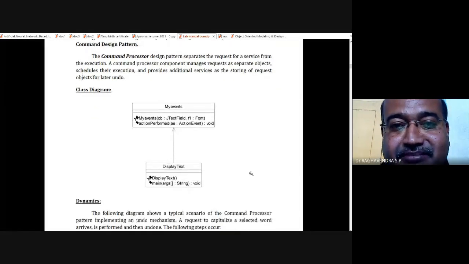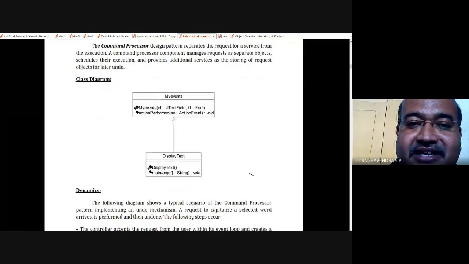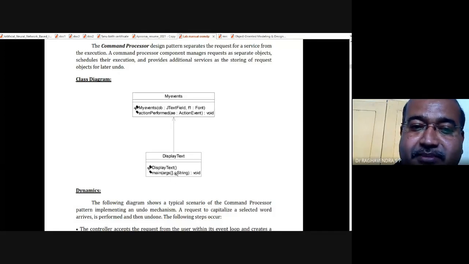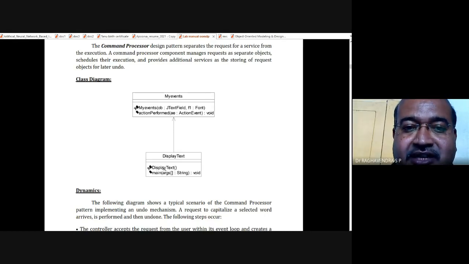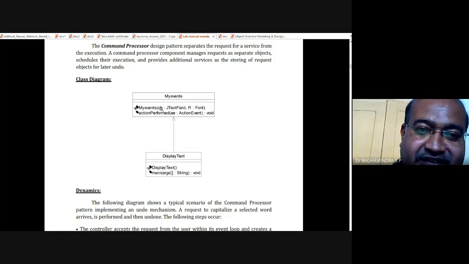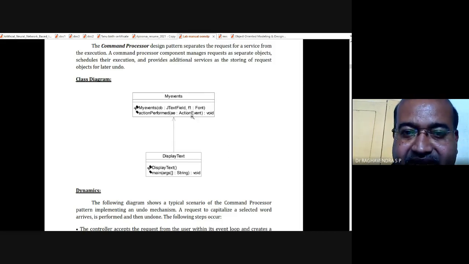The first is my events and the second is display text. Display text contains the main method, so execution of the program will always start from the main method. Of course this is a dummy constructor because the name of the class and the name of the method are the same. Once again we have a constructor here, my events, because the name of the class is my events, and it contains some text fields, text box, and fields like font and so on.